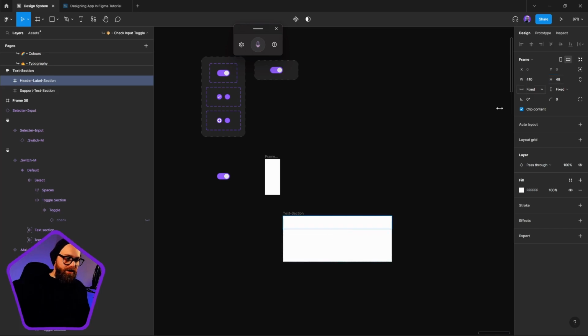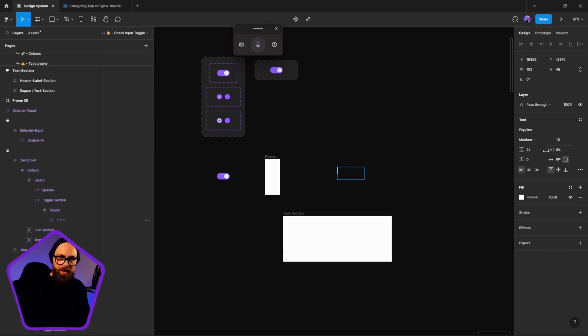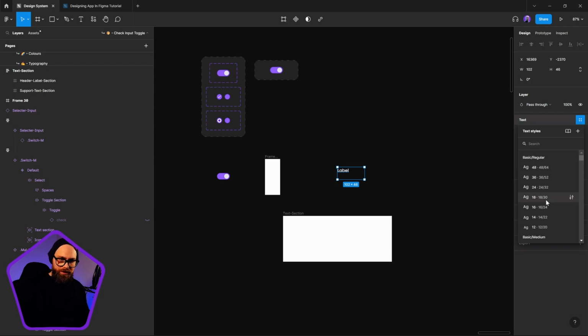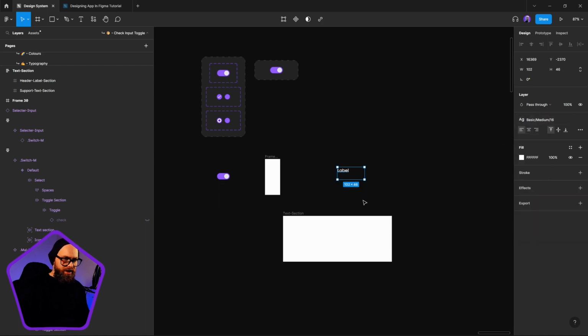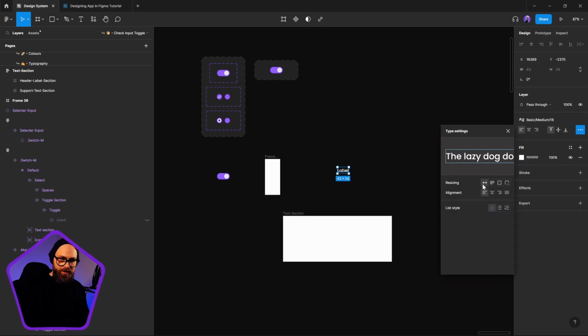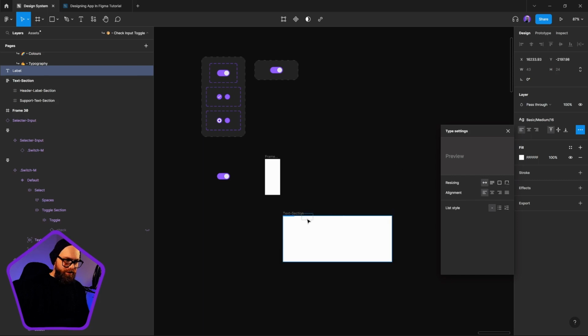I'll say 48, and I will grab just a text piece. I'm going to say label. So there we go. And I'm going to select my 16 text medium. I will make sure that my actual text itself is hugging,